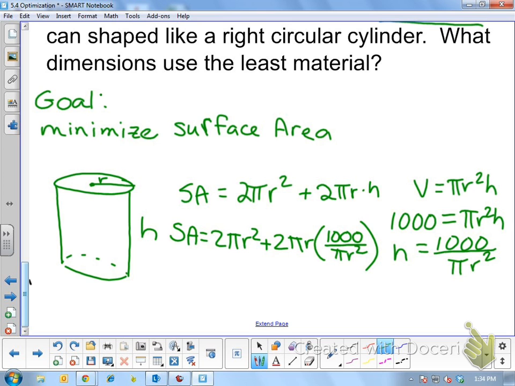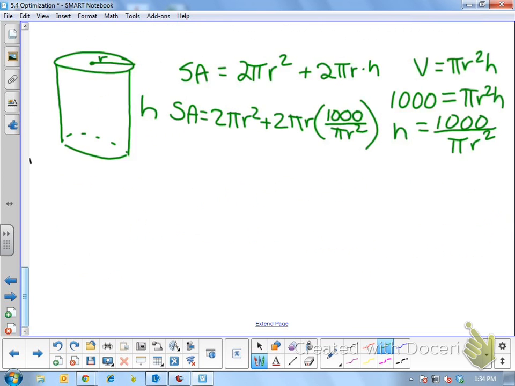So we can do some canceling. Pi will cancel. 1 r will cancel. 2 times 1,000 will make 2,000. So just cleaning this up a little bit. Calculus-wise, I should also clean this up one other way to make it easier to take the derivative. What can I do to rewrite or rearrange things so that it's easier to take the derivative? R to the -1, otherwise you have to do quotient rule, which you could do, but